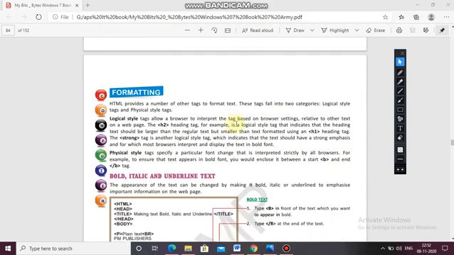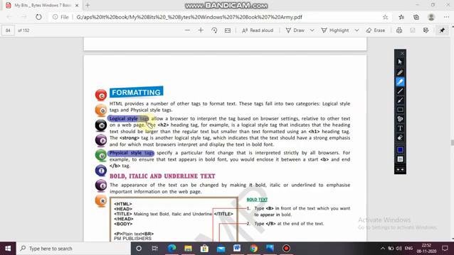Okay, here HTML provides a number of other tags to format text. These tags fall in two categories: logical style and physical style tags. So these are the two different formatting methods, logical tag and physical tag.